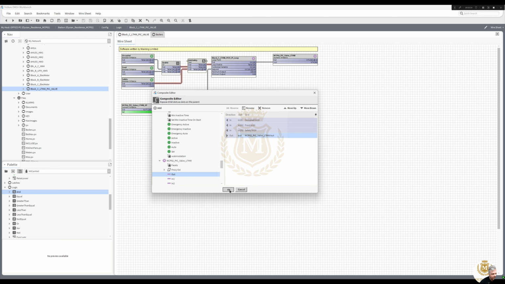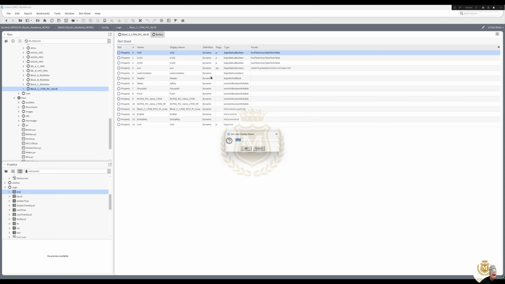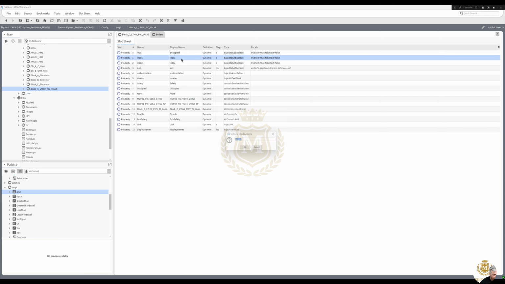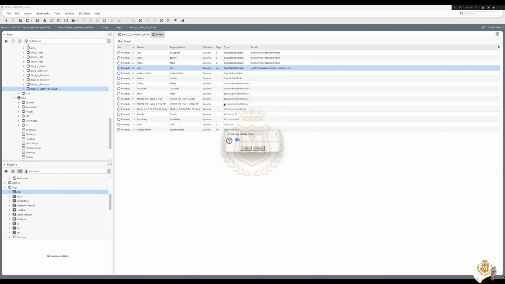Occupied, frost, safety, output. Views, AX slot sheet. Occupied, we know we're going to give me a problem there. Yep, I knew that. Safety, you're going to give me a problem there. Yes. And frost, and you're going to give me the same problem there. And that is